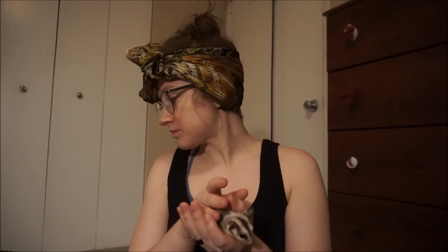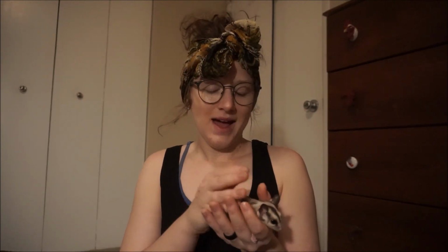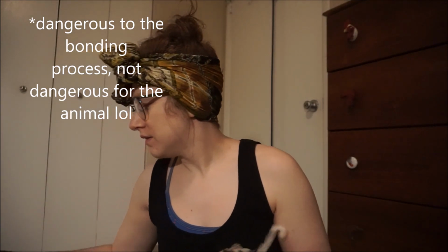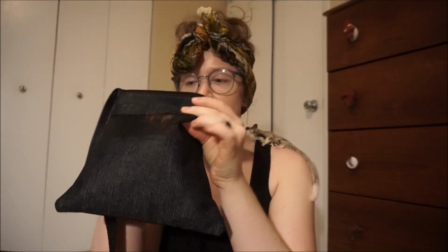So the first thing I'm going to talk about are your bonding pouches and why I think they can be dangerous. An example of a bonding pouch that you can get are these little purses, okay? And I've got a bunch of options. You can get these little purses that have a mesh window in them for breathing,